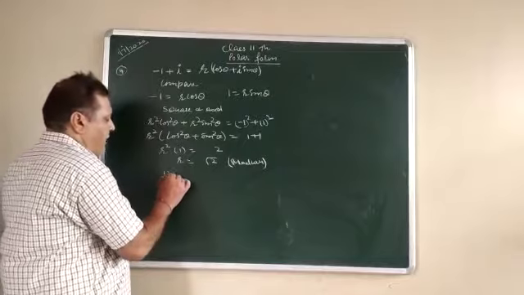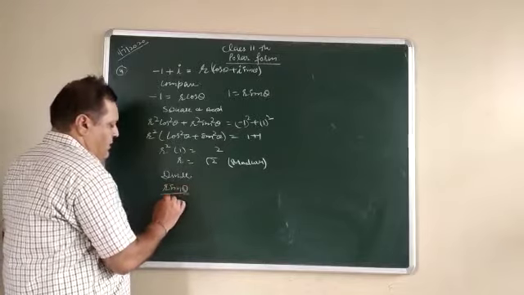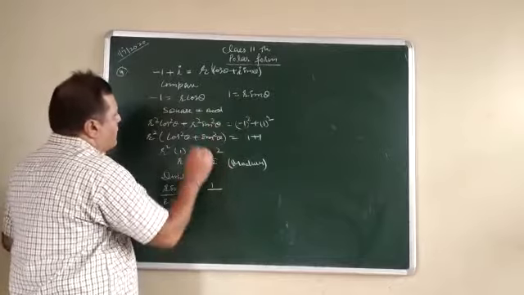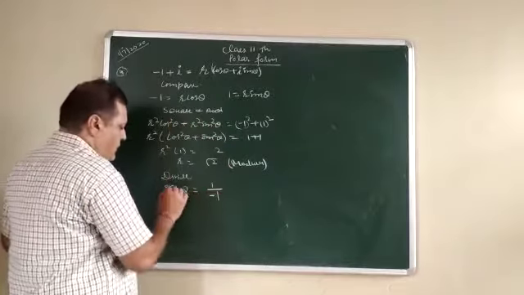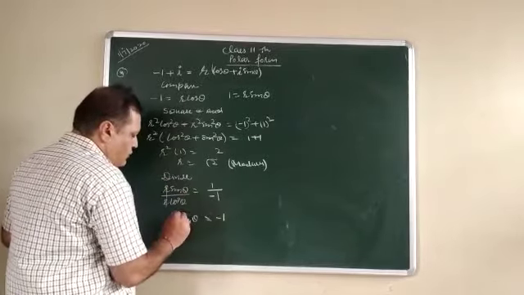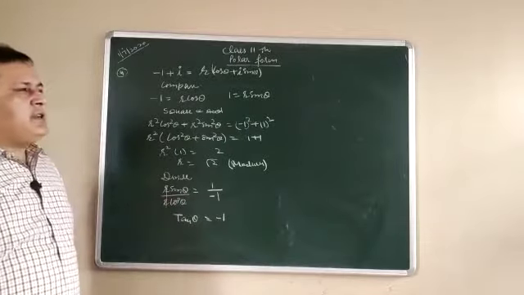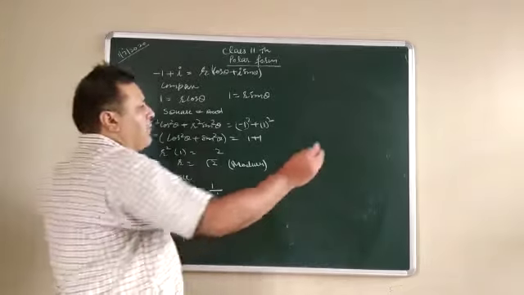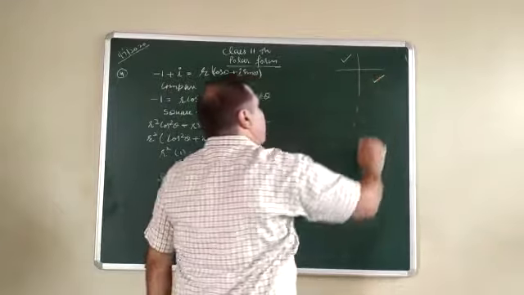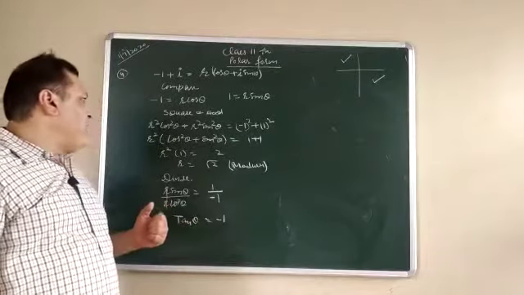So we divide: r sin theta divided by r cos theta. r sin theta is 1, r cos theta is -1. This gets cancelled. Tangent theta is equal to -1. Now this thing is important, that tangent theta is equal to -1. If we remember, tangent theta is negative either in the second quadrant or in the fourth quadrant. But where does it actually lie, how can we find out the result?